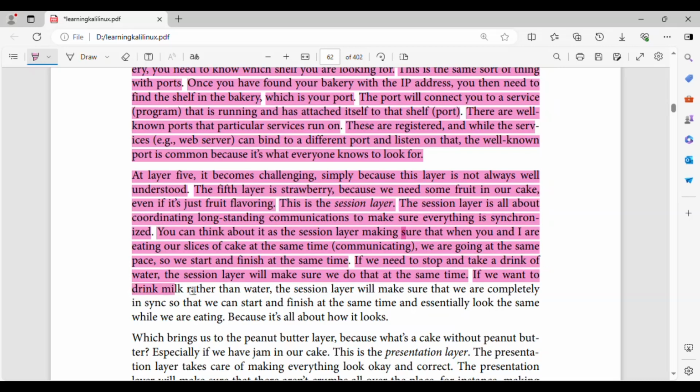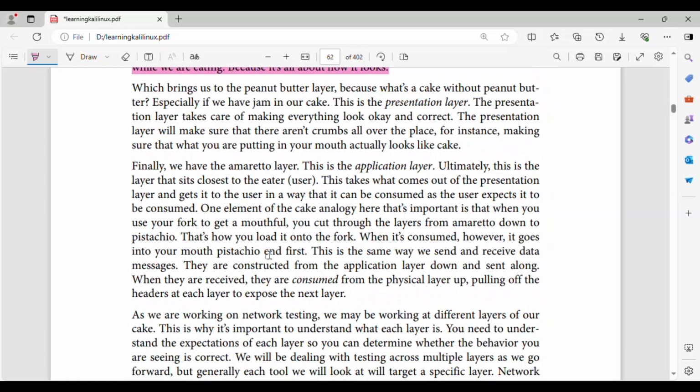If we want to drink milk rather than water, the session layer will make sure that we are completely in sync so that we can start and finish at the same time and essentially look the same while we are eating. Because it's all about how it looks.